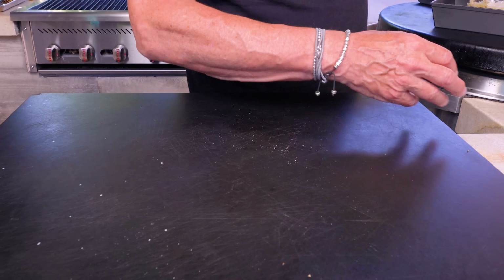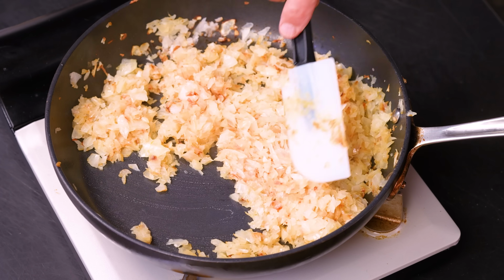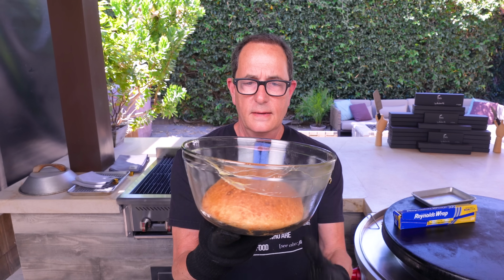Let's check our onions. These are looking nice. I'm gonna give these 5 more minutes, and then we're basically ready to start our building. I have my dough, except there's a little problem. I know it looks like a loaf of bread, which I guess